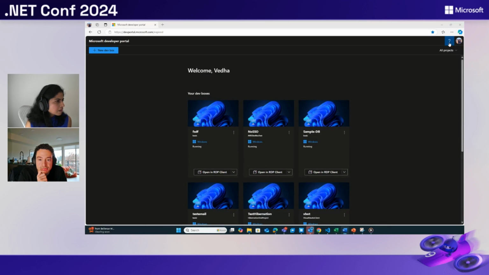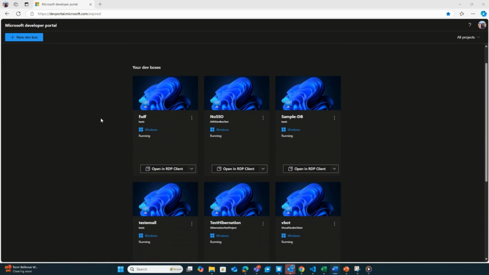So let me share my screen once again. This time I'll show you the developer portal. You may all be familiar with this. This is the portal where you create a new Devbox, and then once you're done with it, you can also delete your Devbox from here. Over here, I want to show you a couple of features apart from create that we are constantly working on and improving. And one of them is the troubleshoot and repair feature,